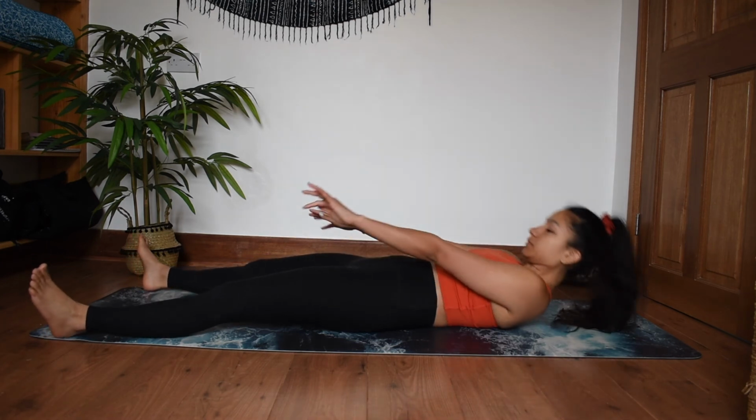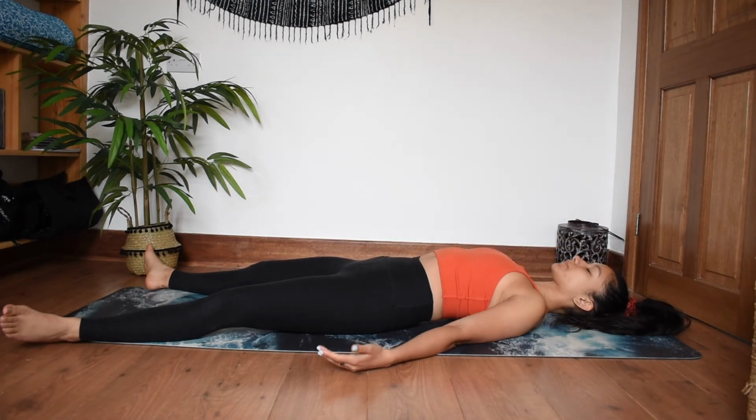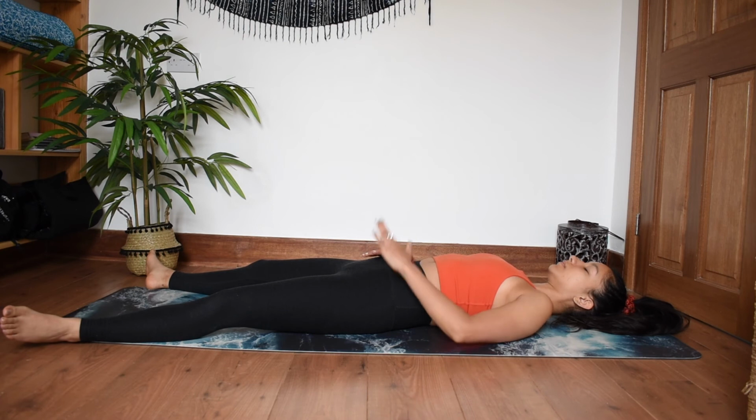Extend the legs towards the front of the mat. Drop yourself all the way down. Rest the hands onto your lower belly. Setting up for Shavasana. Before we go into it, we take a few nice deep breaths,